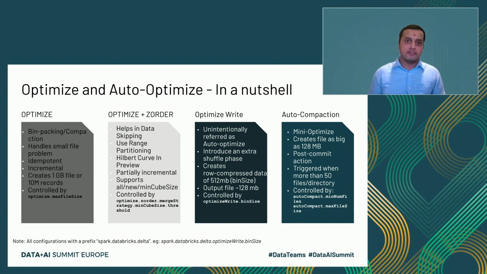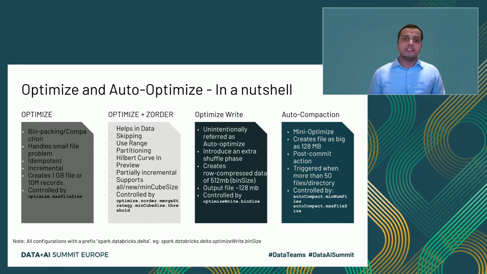Assume that you are now adding more data to your Delta table, and then you are running another Z order query. The first thing we will check is whether the Z cube size is 100 gig, that is, the data volume of the currently optimized files is 100 gig. If it is less than 100 gig, then the newly added data and the existing data is completely rewritten to ensure the co-locality of the data. And if you have already hit the 100 gig limit, then a new Z cube is created. This can be configured, but we recommend sticking with the default.